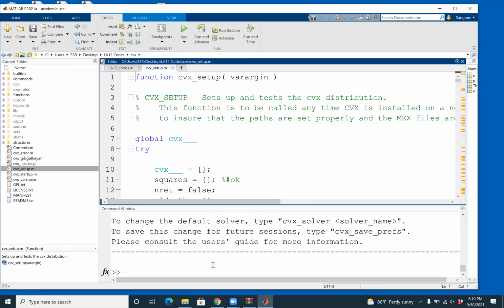When we run CVX as I have shown you, we will have access to all the free solvers, but not the commercial solvers. You can use those if you buy the license. At the end of running this, you should get a prompt saying successfully installed. My online students, were you able to install? In-class students, were you able to install CVX?